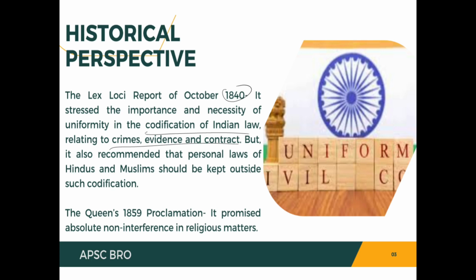But this report recommended that the personal laws of Hindus and Muslims should be kept outside this codification. So the British at that time said they will not interfere in the religious practices and the civil laws that are being followed in the country. We are only going to codify the criminal laws. Okay. In 1859, there was a Queen's Proclamation in which they again said that there will be non-interference in any religious matter. This was done to appease the common public of India, that we are not going to interfere in your customs, because if a foreign rule is going to